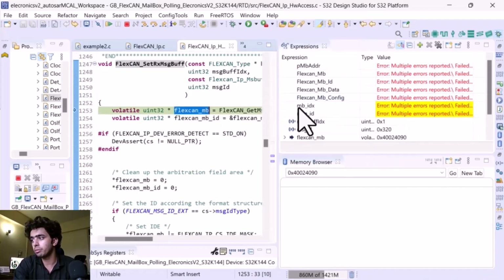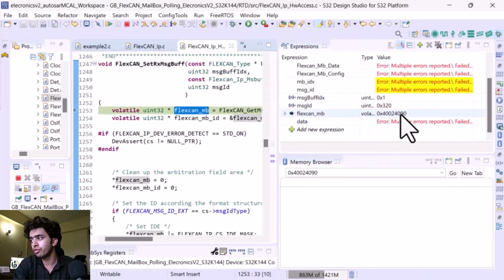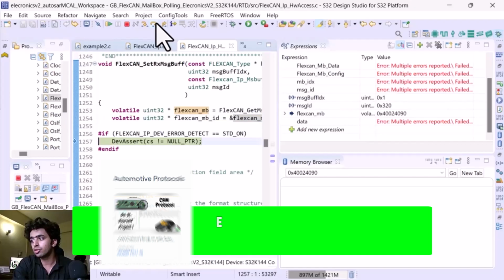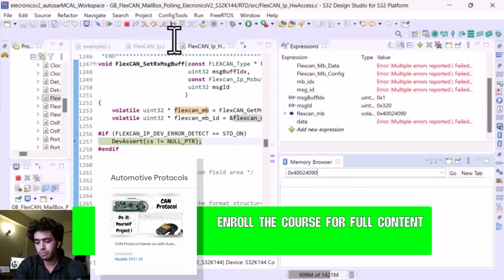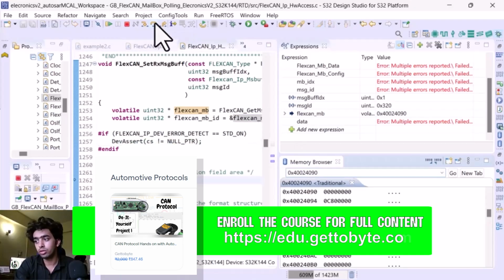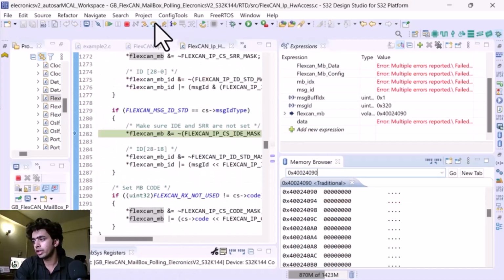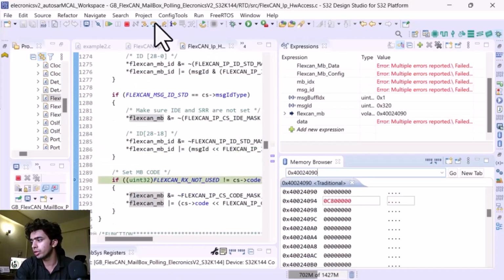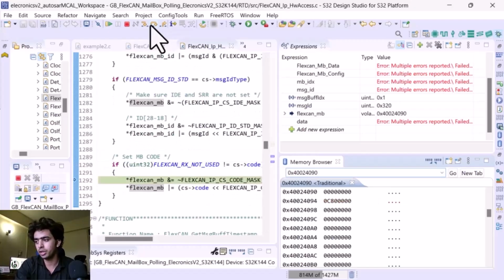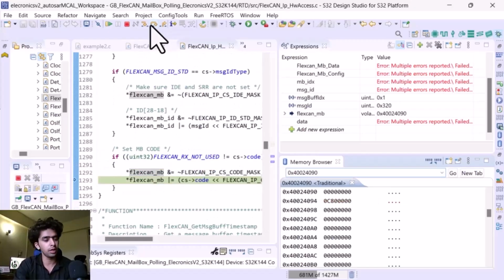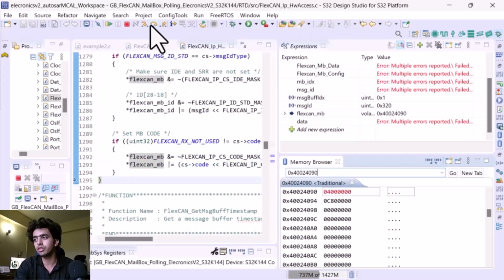FlexCAN MB that we get is 4024090. After that it writes on that memory the message ID that we want to read on. The 0x320 will be written over here, and it will set it as an empty message for the mailbox number, so that it can receive the data.